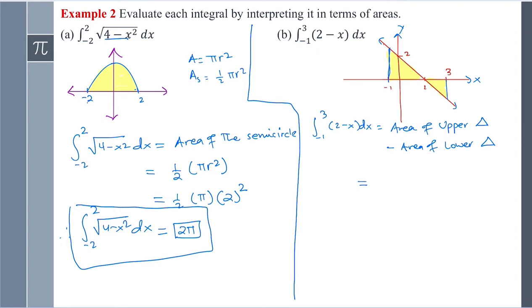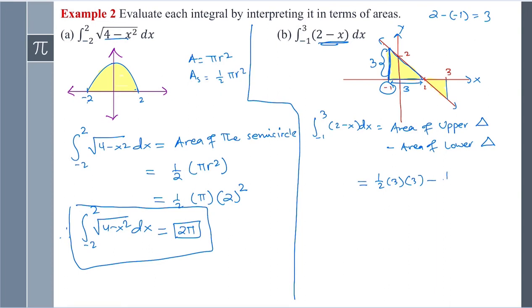For this triangle here, the base is from -1 to 2, which is 3. The height is, we evaluate this function at -1. So you do 2 minus, replace x with -1, and that gives us 3. That means the height of the triangle is 3. Always the height is given by the value of the function at that x value. So height is 3, base is 3, so the area of the upper triangle is 1/2 base times height,